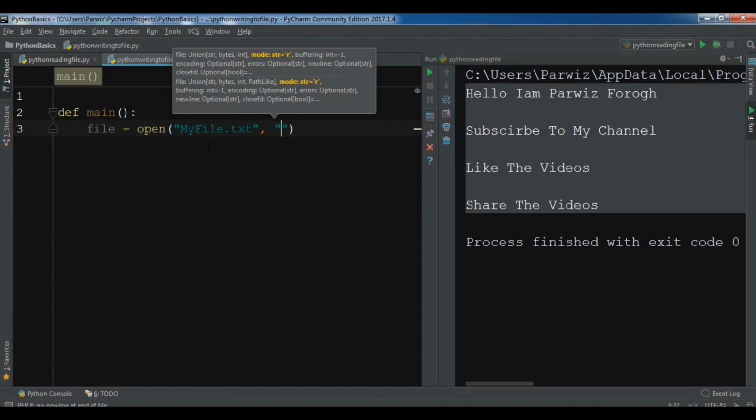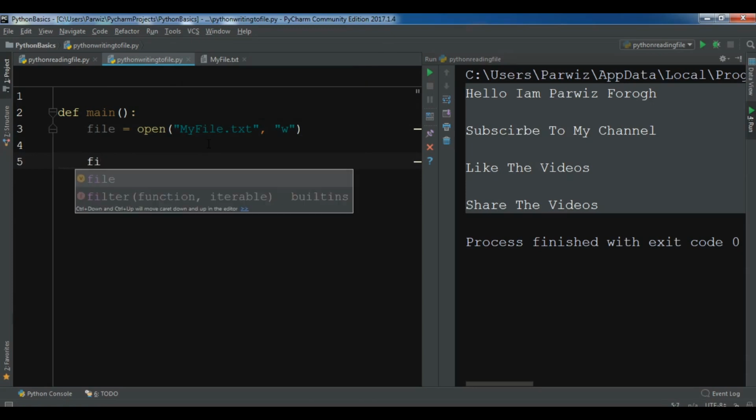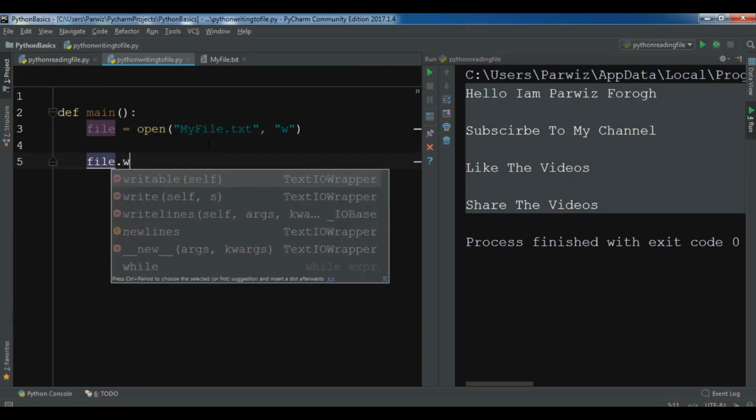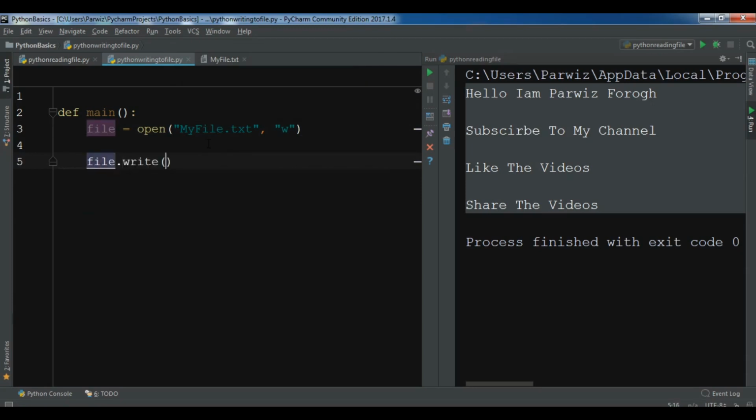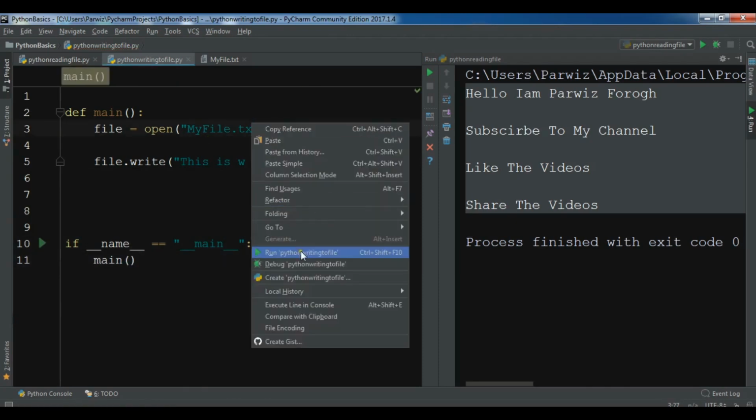So I'm going to show you. So this is the W mode. In W mode now I want to write, so file dot write, and I want to write this is W mode write. Okay, and now let me just create this if underscore name, and I'm going to call my main in here. So now if I run this,